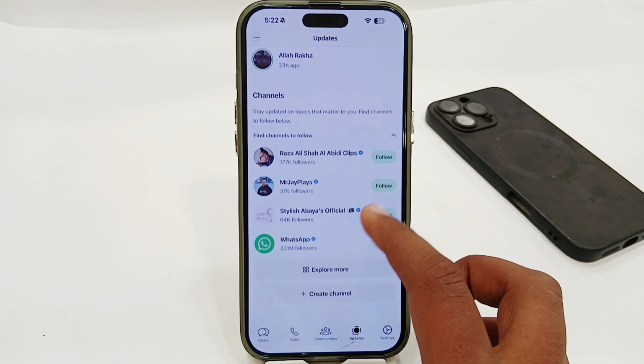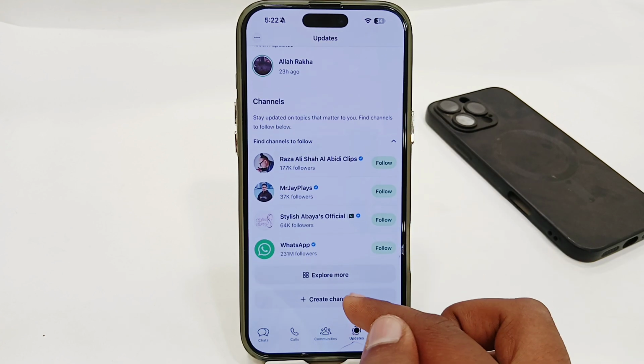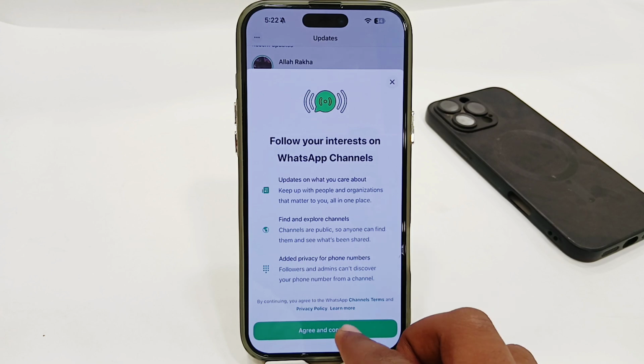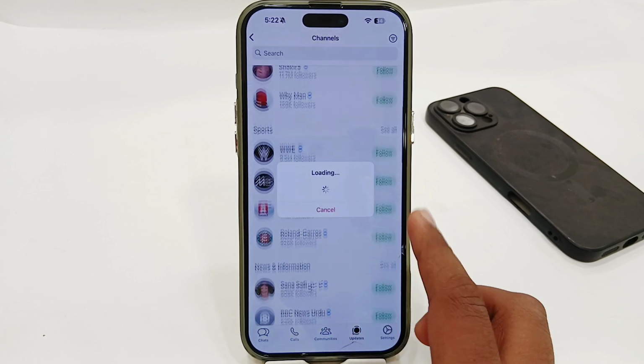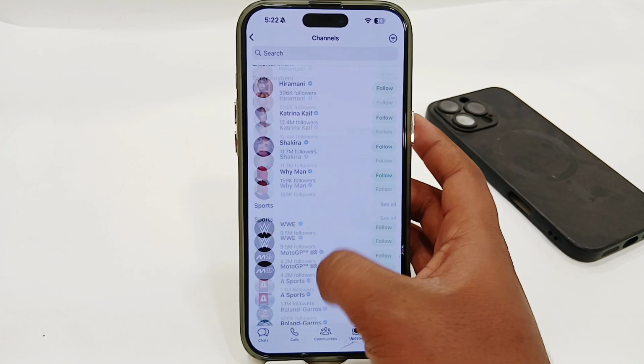So here you will get different channels. You can create a channel or explore different channels from here. Simply go to the channel section and you just have to select which channel you